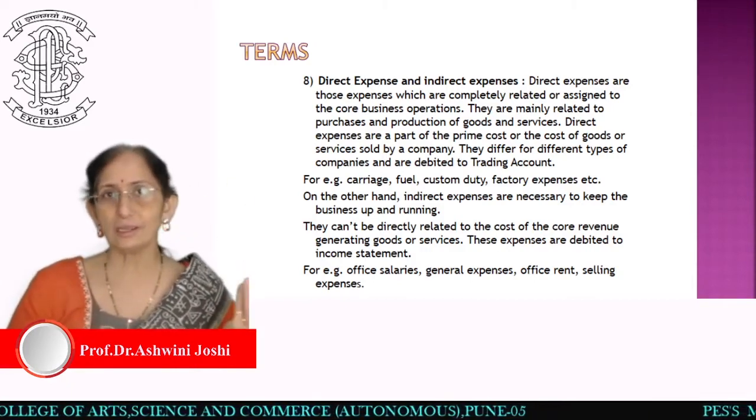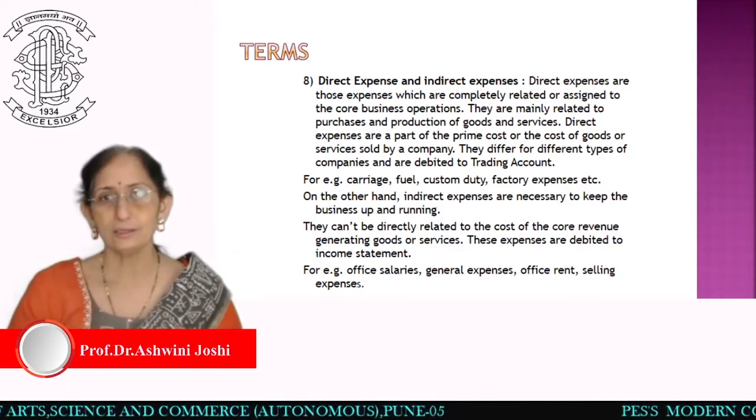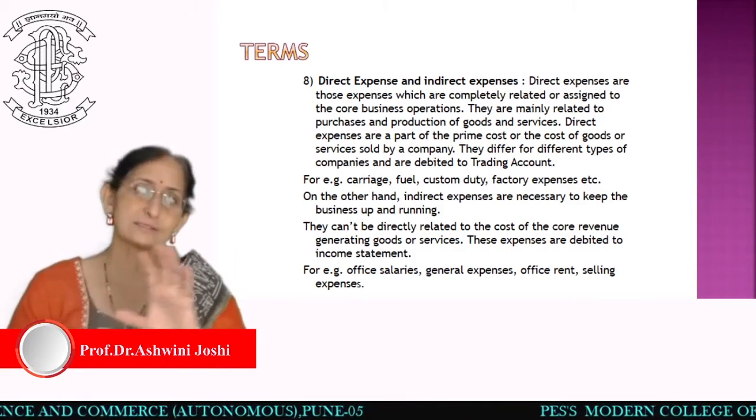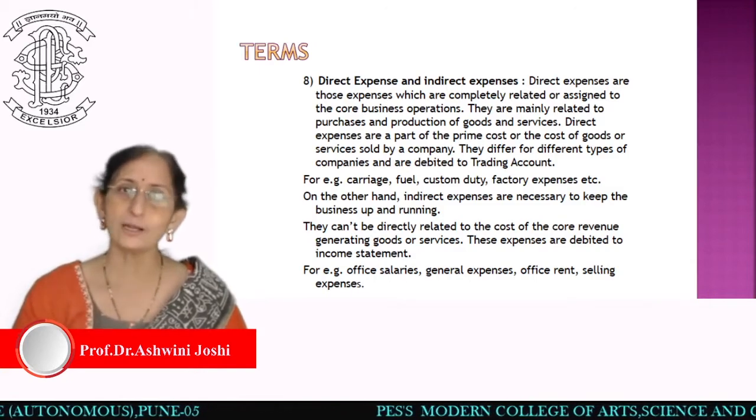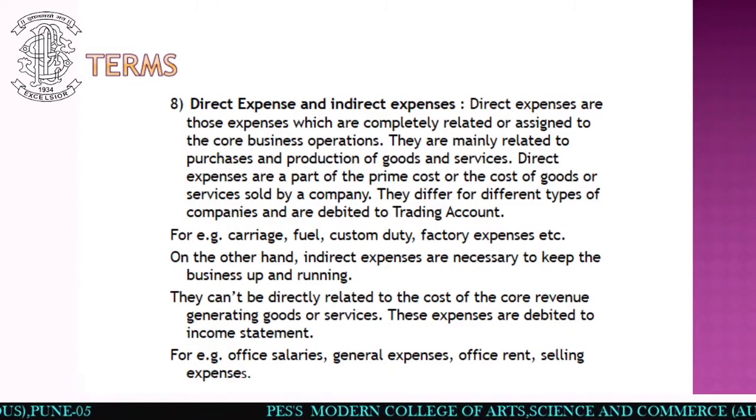Just manufacture करके क्या करोगे? Sell तो करना ही है. So for selling, all these extra expenses are required to be incurred. So they all are called as what? Indirect expenses. Can be rent, salary, insurance, but they all are related to office. That point you have to remember.